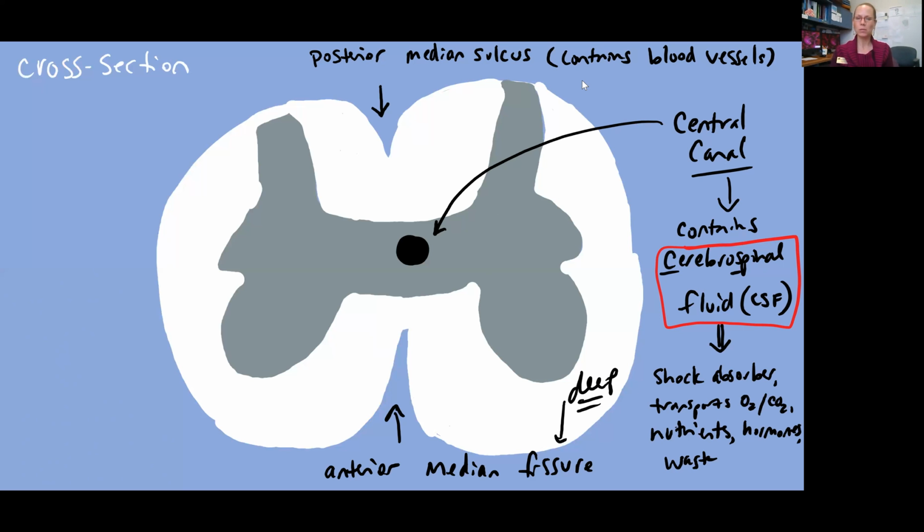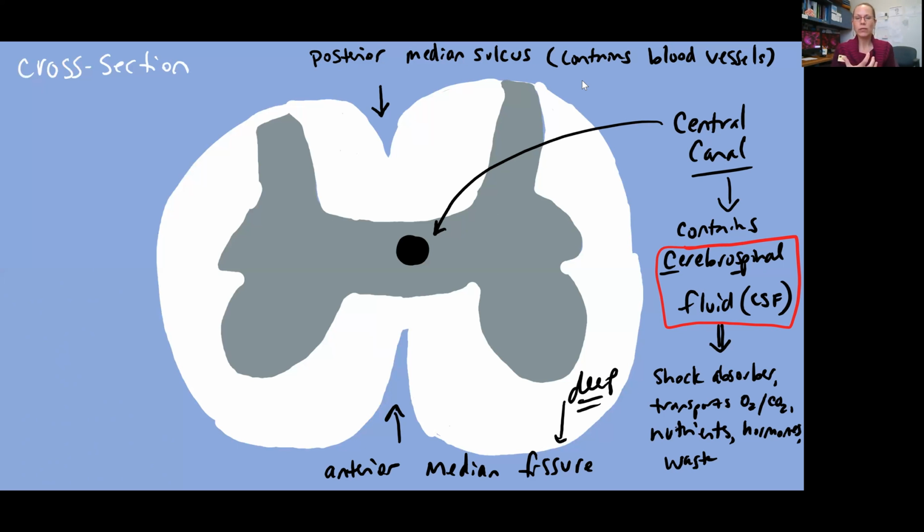Now this fluid is important. It's doing jobs very much like the synovial fluid that we talked about in our Lecture 9 series. Cerebrospinal fluid is going to be acting as a shock absorber for neural tissue, as well as transporting oxygen, carbon dioxide gas, nutrients, hormones, and waste products. So instead of having blood vessels penetrating our spinal cord and compromising the amount of neural tissue that we have here, we instead